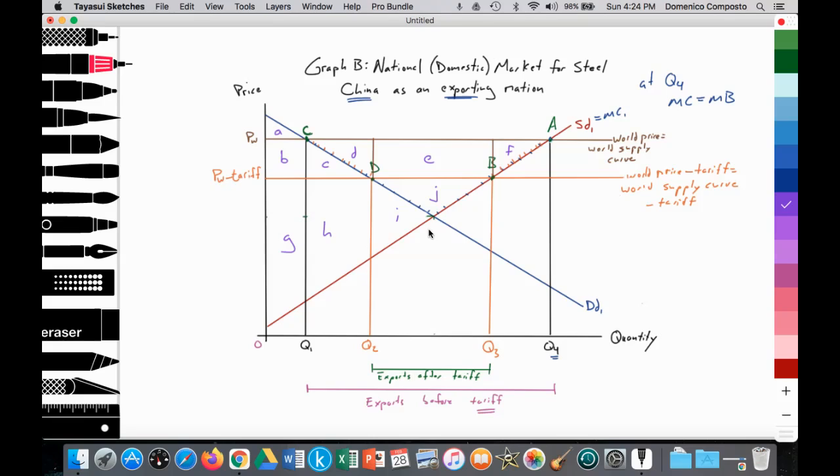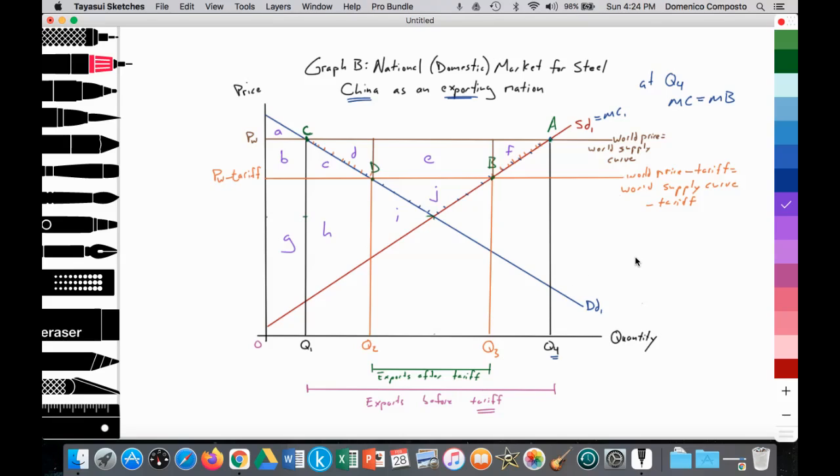Since China has a domestic price set below the world price, they will export, since they have the comparative advantage, or the lower cost of production compared to other nations, perhaps like the United States. And so they will increase their quantity supplied to Q4 and price at world price. As a result of that higher price, the quantity demanded within the Chinese economy will be reduced to Q1. Thus, an amount of Q4 minus Q1 will be exported into the global market and perhaps exported to the United